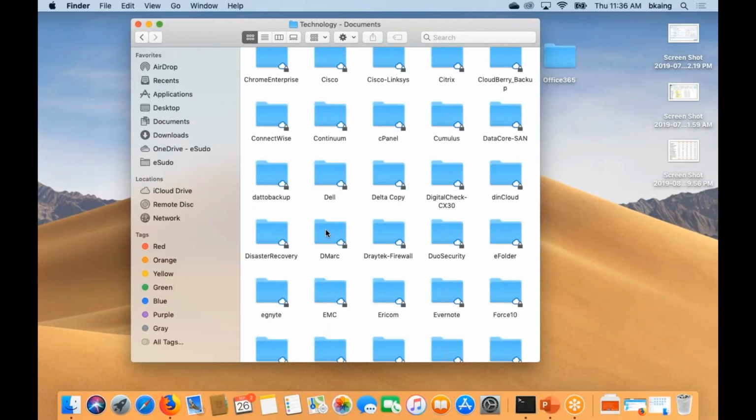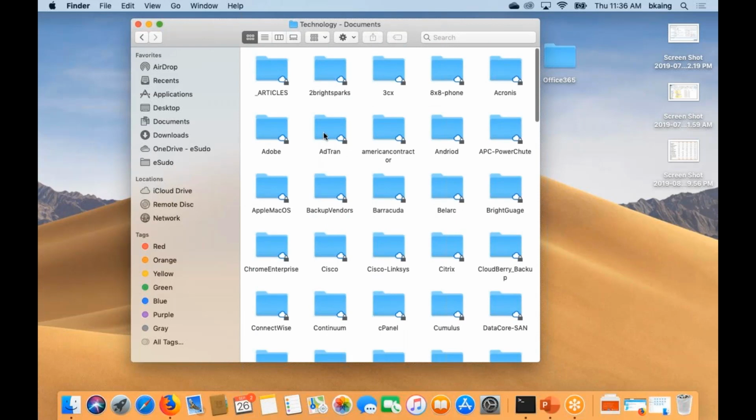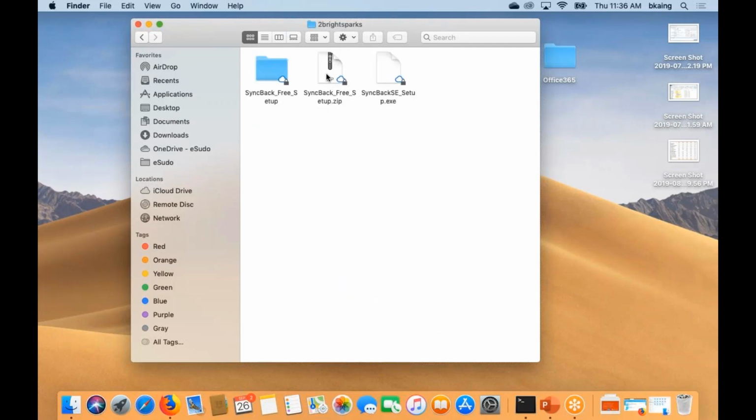So the difference again is SharePoint is the company shared documents and files, not your personal. But you use OneDrive and you can sync all the SharePoint documents to your local PC. In this case, I have shortcuts to all these documents that I need. If I double click on it, it'll download the file to my local so I can open it and work on it.